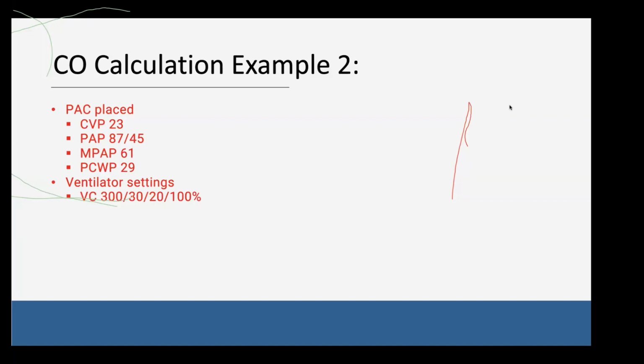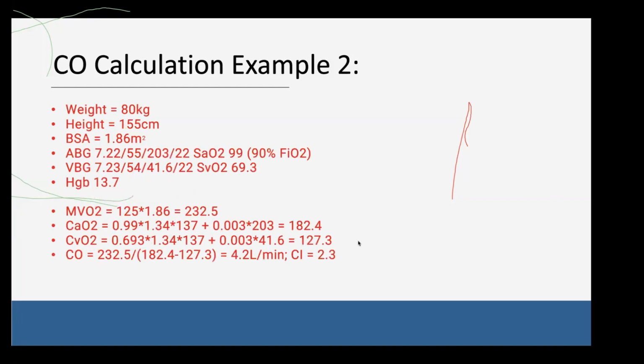So this again is a patient where all of your numbers are very wrong, right? Your CVP is too high, your mean PA pressures are too high, your wedge pressures are too high, your ventilator settings are too high. She arrested, her EF is too low. And even though her hemodynamics are stable, she's on very high doses of inotrope and vasopressor. And if you get these numbers, yes, you can calculate a CI and you get one number, which is a CI of 2.3, and that in and of itself can be reassuring.